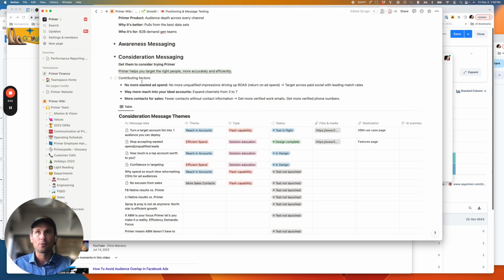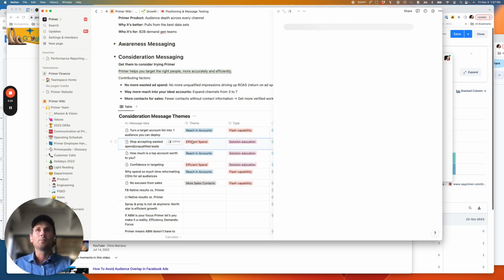So let's come to our consideration messaging, for example. No more wasted ad spend, right? That theme of efficient spend is a messaging theme, and then we can think of a way we want to educate people about it, right? So the type of content. We could have a message idea around stop accepting wasted spend on unqualified leads. It's tied to this theme of efficient spend, and the way we're going to get that across is by educating people about the solution, a potential solution. So if I pop this open,